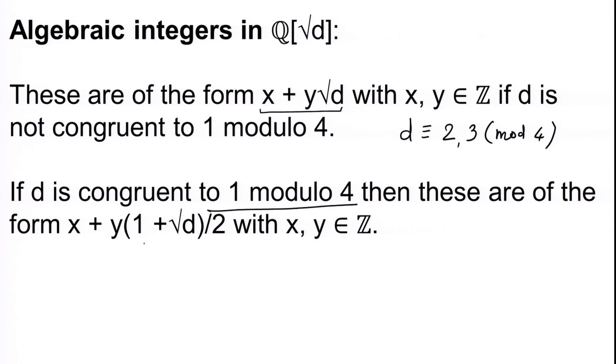1 modulo 4. Then we have noticed that 1 plus root D by 2 is also an algebraic integer, that also satisfies a monic polynomial over integers, and therefore a general element is of the form x plus y into this 1 plus root D by 2, where now x and y are integers, or you may call them as u plus v root D, where u and v are integers or half integers. So, this is the description for algebraic integers, and clearly here every element need not be invertible. You know we have 2 in the algebraic integers and you cannot divide by 2.